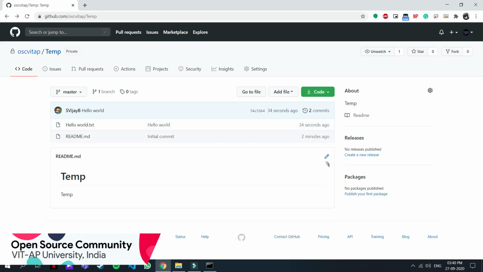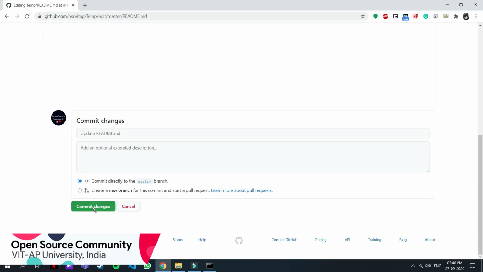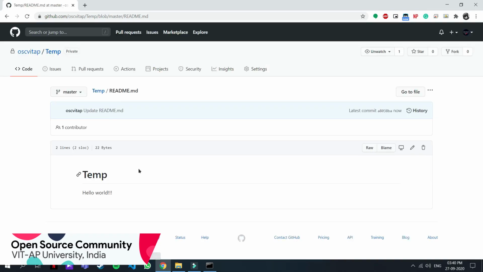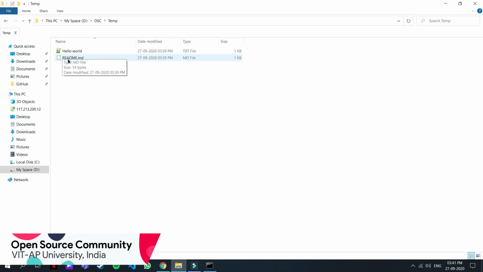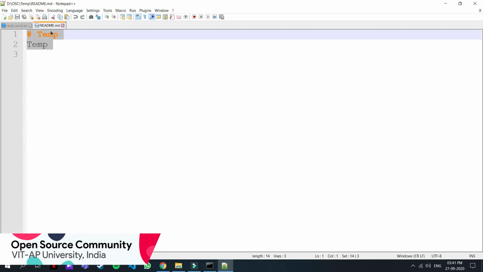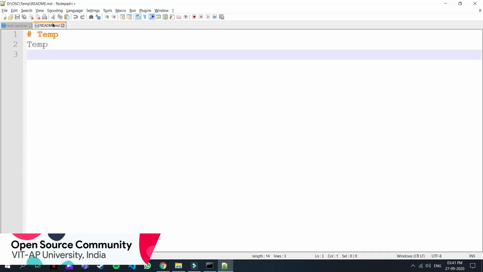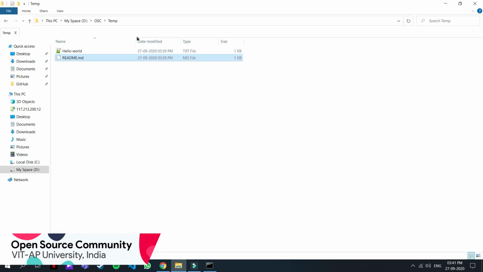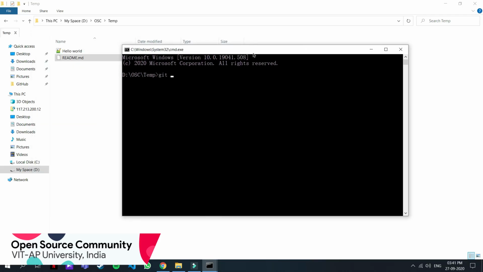Now suppose I make a change here, suppose I edit this, and I commit a change directly on GitHub. Okay, so right now I have a change here, but this change is not here. I have only temp here, this change is not shown here. So if I want to get the changes made on the cloud down to my local system, I just type git pull,